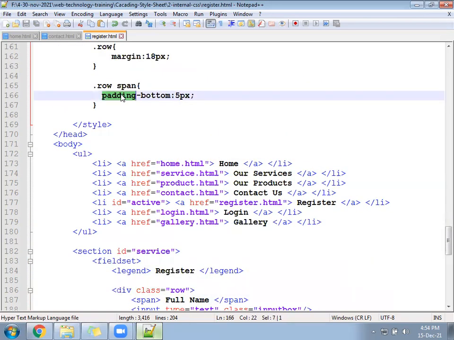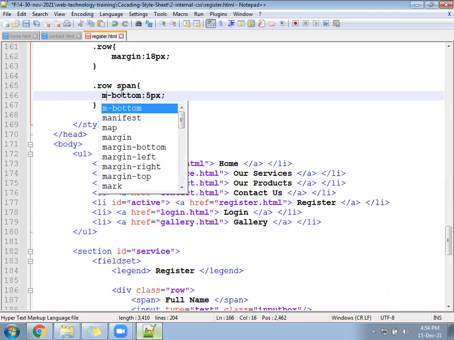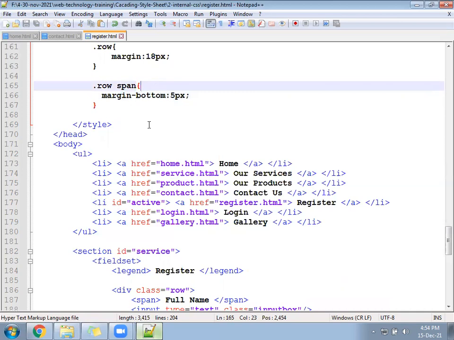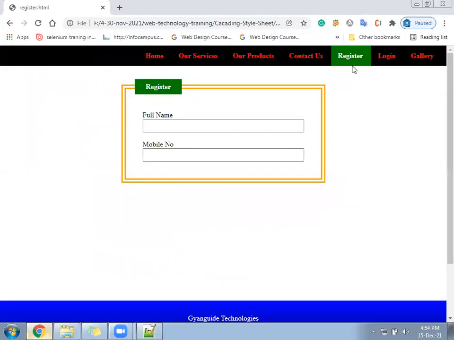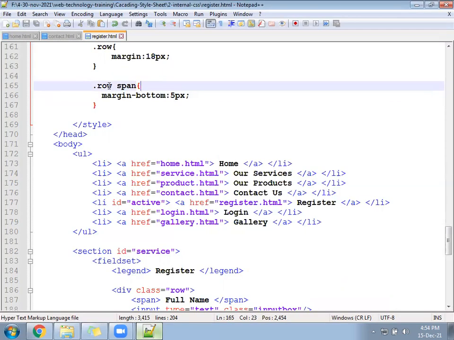Margin also not reflecting. No, change it. Okay, so hold on. We have a class, the class name is called input box.